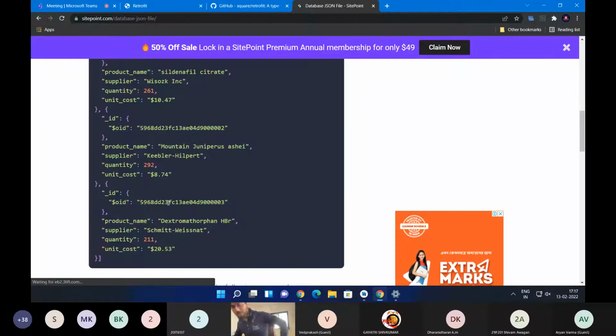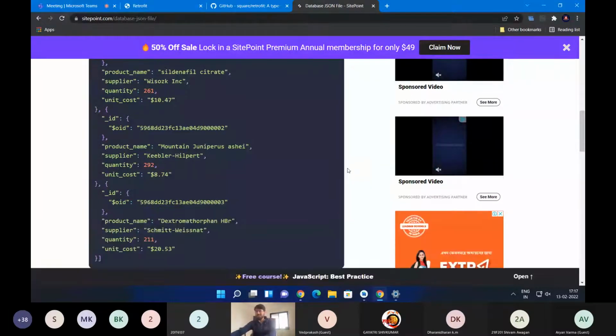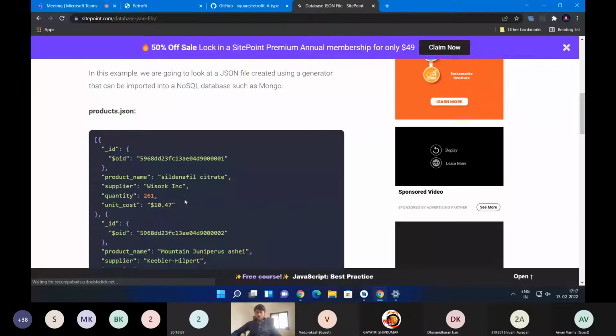Yeah, so JSON is a pretty common language, I believe, to send and receive data. But when you send the response from your server, what happens is